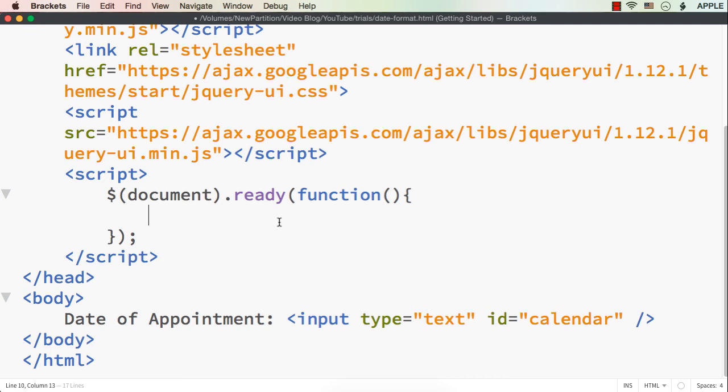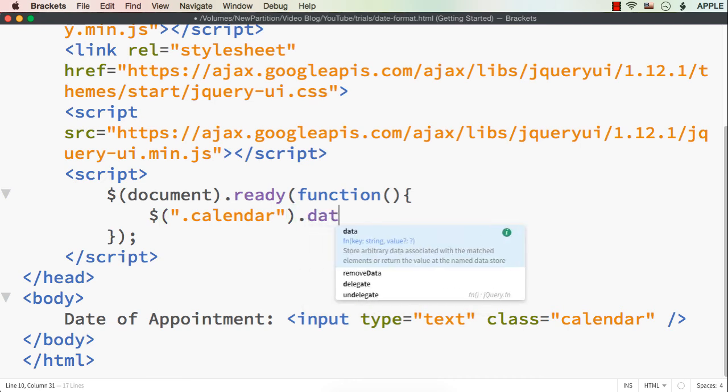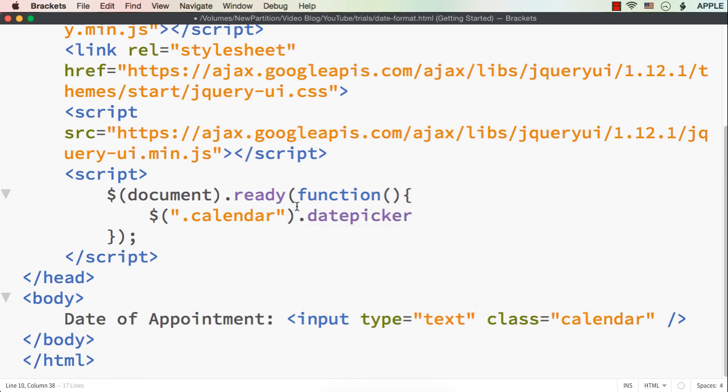Or get the data. So let me access the element. Here I am using ID. If you want, you can make it as a class name also. So here how I can access it, $("#calendar"). If that is a class name, when we access an element using its class name, we need to put dot. If it is an ID, it should be hash. Dot datepicker. This will convert this input element to a date picker. So this is just a date picker. Now let me save this.